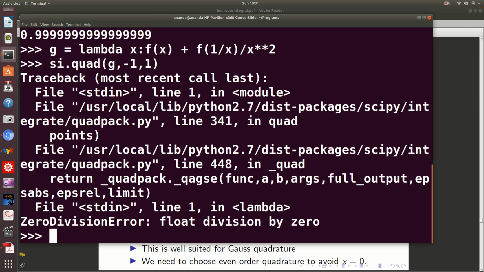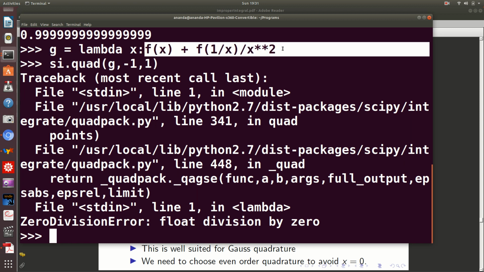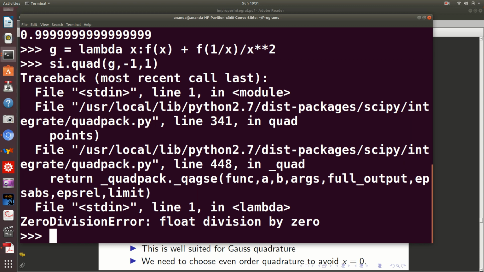But this of course does not mean that the result about integrating this function f of x plus f of 1 by x square from minus 1 to plus 1 is useless. It's actually pretty useful if you are not using the quad function. What you could do is, for example, integrate this using Gauss quadrature, maybe 32-point Gauss quadrature. Let's see what happens. Remember, for this what we need are the nodes and the weights,